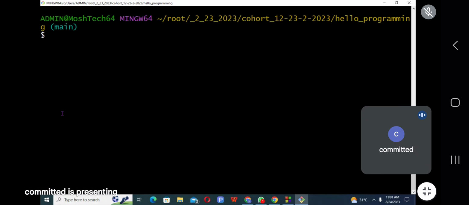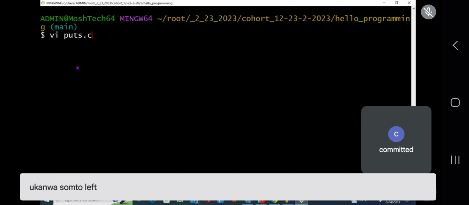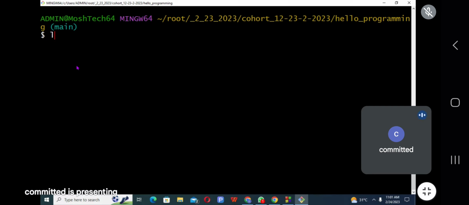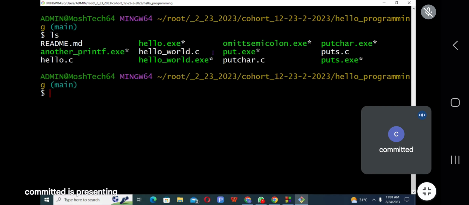Now we move to how to use puts. I have it here before, so I'm going to delete it. I have puts before, which I'm going to delete so that I can produce another one, by using rm -r to remove the puts that I'm having, both the executable file and the source file.